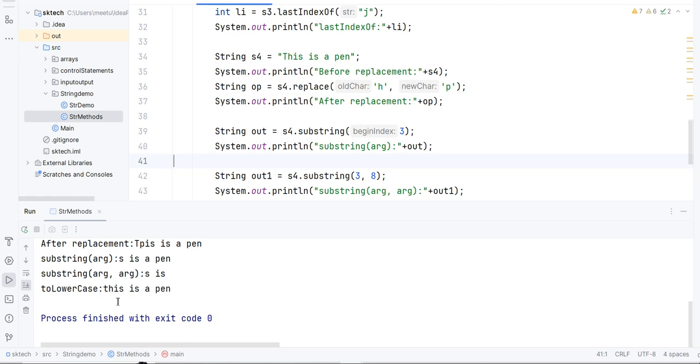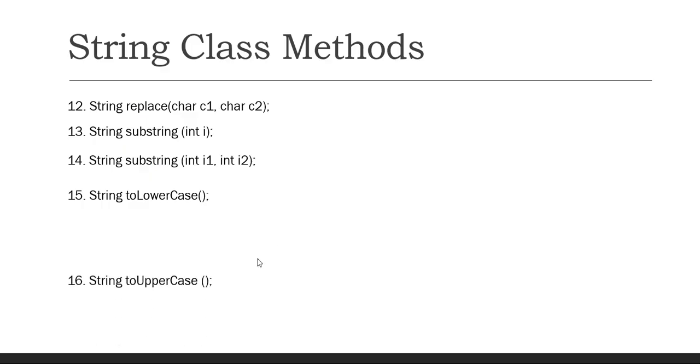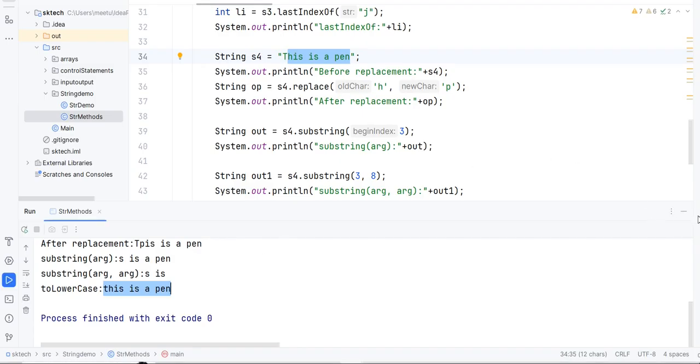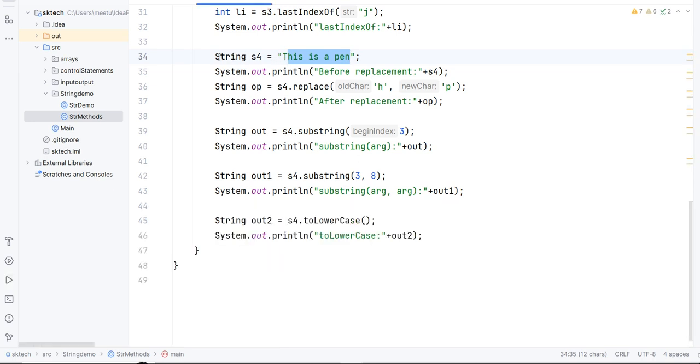So if you can see, this method is basically used when we want to convert all the characters of the string into lowercase and return that lowercase string only. So this string was already in lowercase till here basically, but T was in uppercase, so it has converted all to lowercase. Similar to toLowerCase, there is another method called toUpperCase. So that is a reverse operation basically. So if you use this toUpperCase, it is going to convert all the lowercase characters into uppercase.